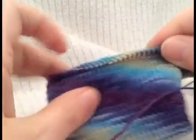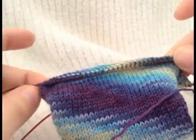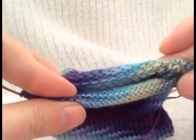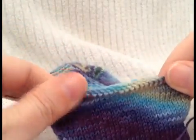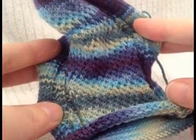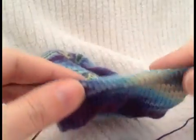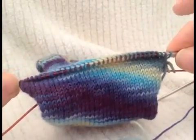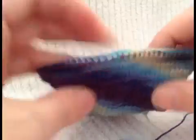The first thing you need to do is count the number of stitches that you have on each side of your sock. Half of the stitches of your sock are going to be used to turn the heel. This particular sock that I'm knitting, which is an Aquaphobia sock, a free pattern on Ravelry, has 72 stitches total. So there are 36 stitches on each side, and I will be working on the bottom of the foot side,